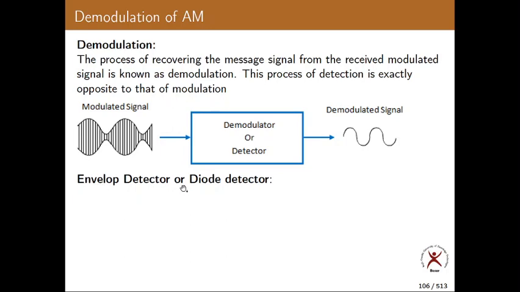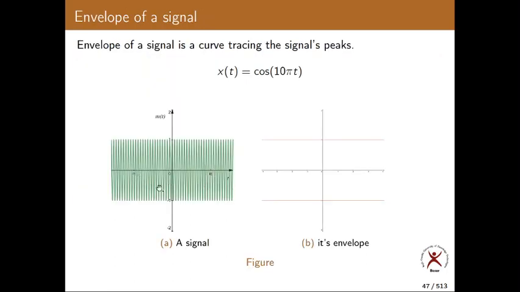Now, as the name itself indicates, it is detecting the envelope of the given signal. Whatever you give as a signal to the ED, the output will be the envelope of that particular signal. Even if you give this signal as input to the ED, you get output like this. You give any signal to the ED, the output will be the envelope of that particular given signal. If you give this signal to the ED, you get output like this. That is the job of ED. What is the job of ED? It has to extract the envelope of the given input signal. It can be any signal.